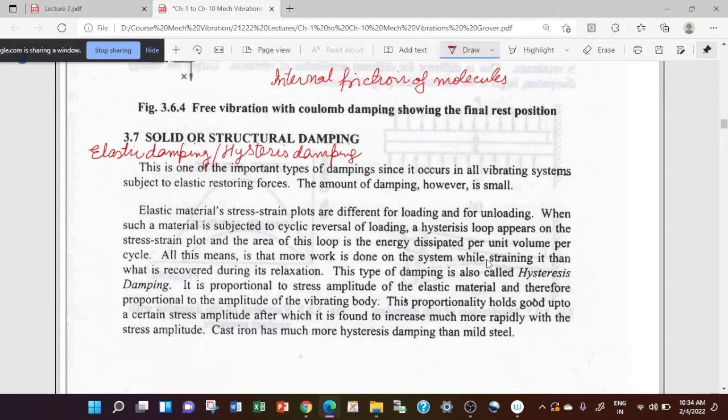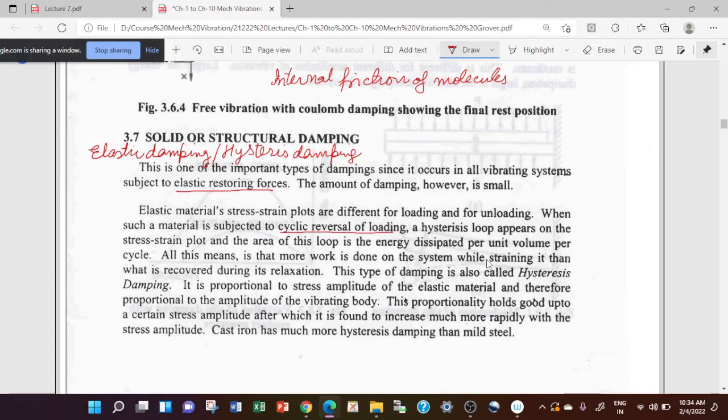Because of this reason you are having molecules which have some internal friction in themselves, and because of that you are having solid or structural damping. This is important damping which occurs because the system is subjected to elastic restoring force. All the elastic bodies, whatever material we are using, we will consider that all the materials are elastic in nature. And when we put these elastic materials under cyclic reversal of loading,